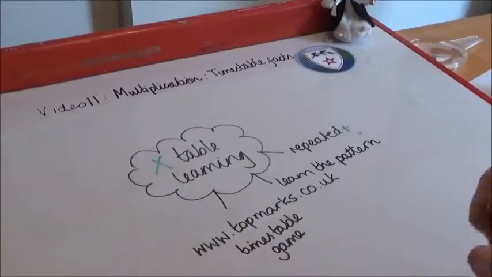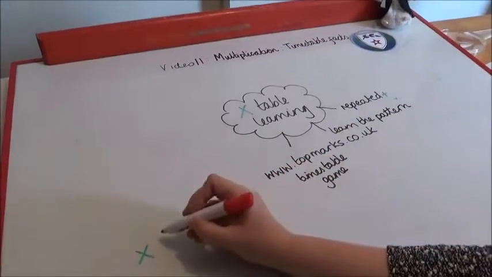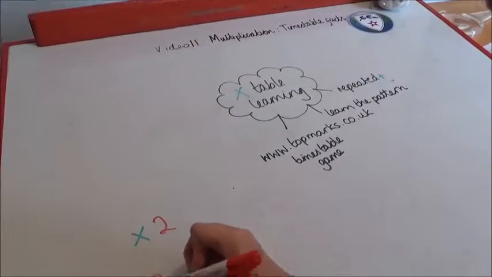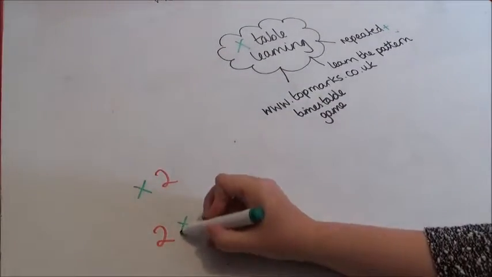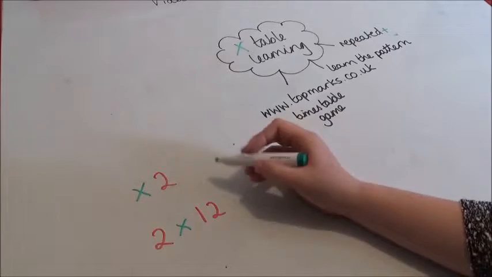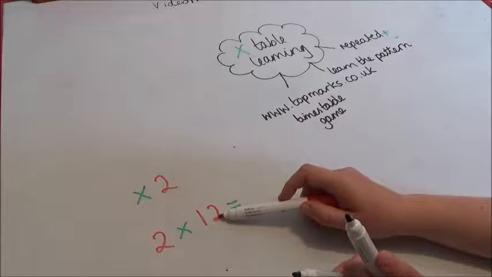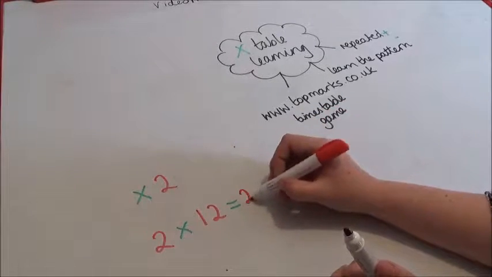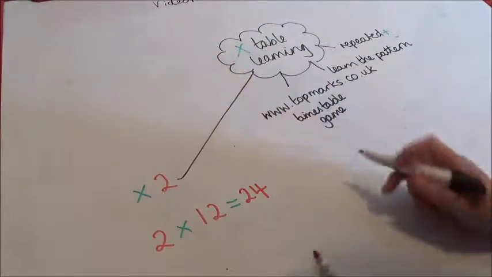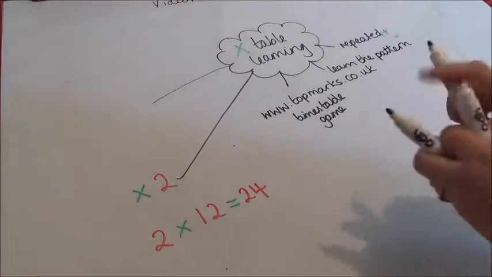So we know that timesing by 2 is the same as doubling. So if we had 2 times 12, all we'd be doing is doubling 12. And we know that double 2 is 4, double 10 is 20, so we'd have 24. But this is also, let me just draw a line here. With that in mind,